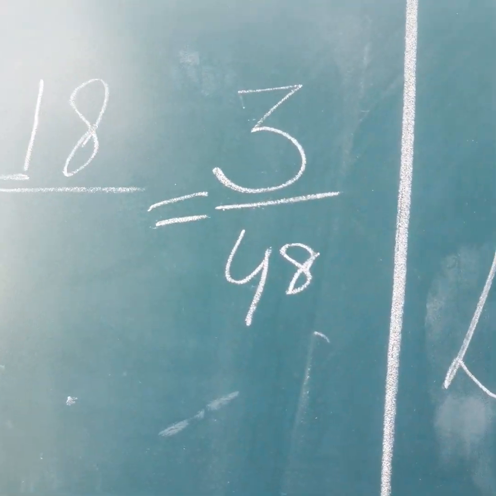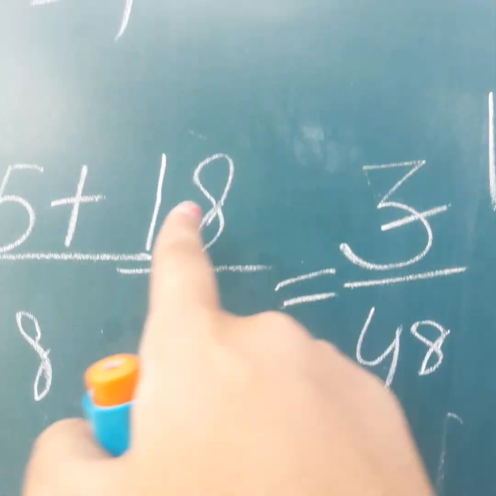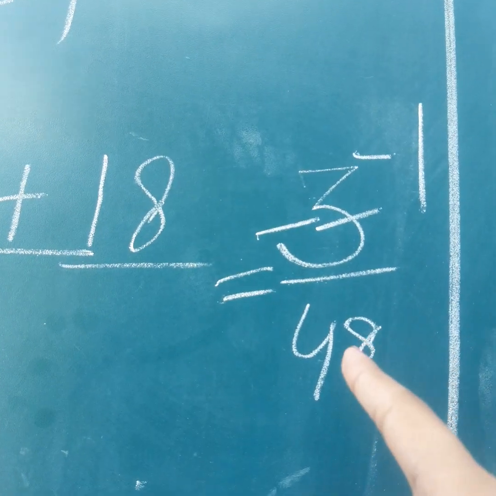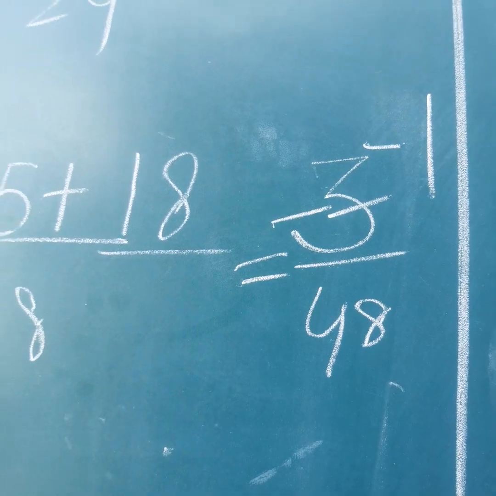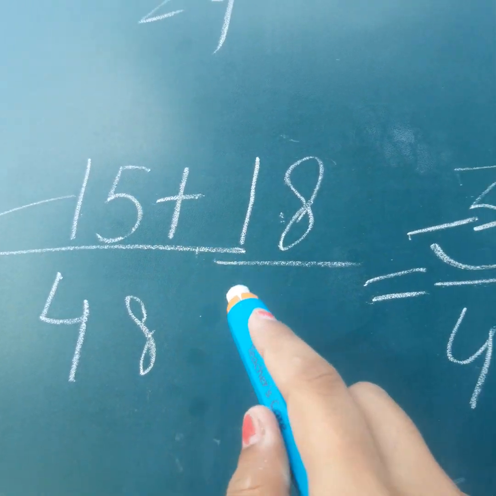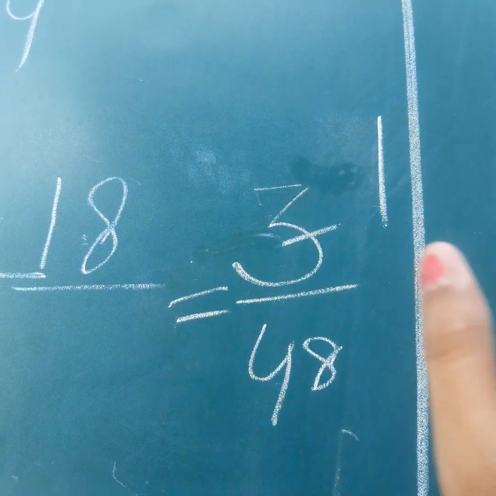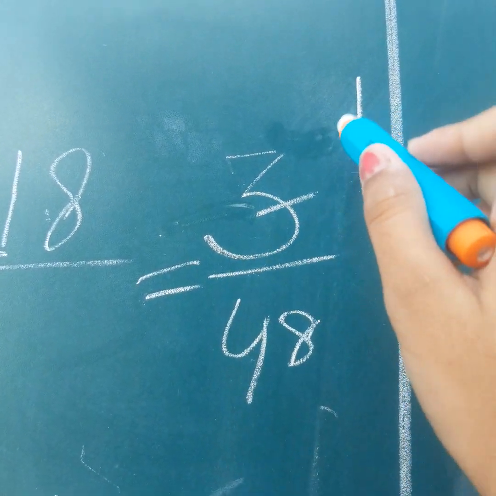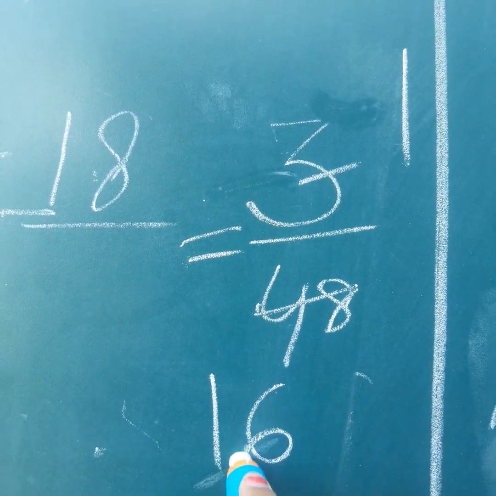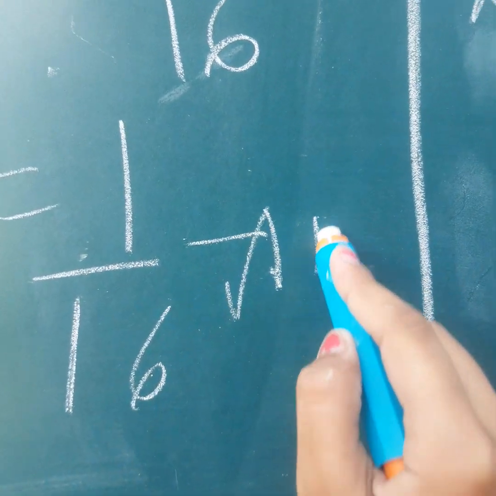So we should do the cutting. 3 1s are 3, but here is a negative sign. Sorry guys, here the biggest term was having the positive sign, so we should not take the negative sign. After that, 3 cuts on 3 is 1, and 3 16s are 48. It's equal to 1 over 16, which is our answer.